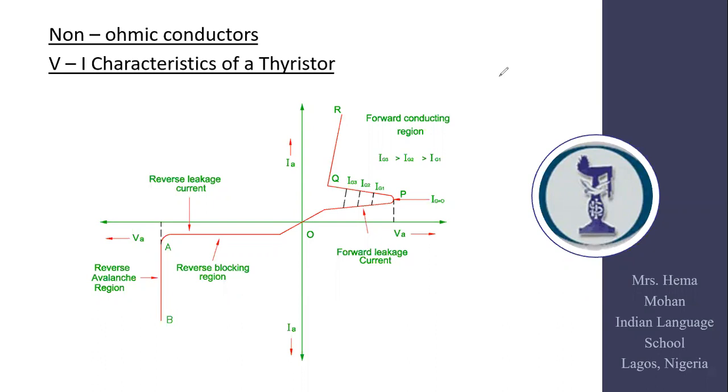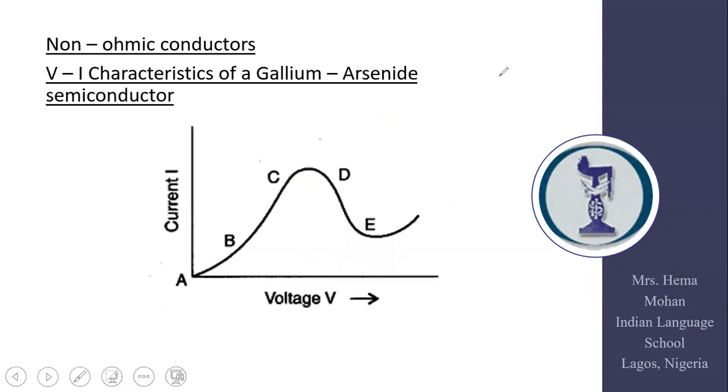So we have two or three discrepancies over here. Number one, different behavior in the positive and the negative polarities. Number two, for same values of potential difference, you have different values of current. And then as you decrease the potential, the current still increases. Do you get that, children? So another classic example of deviation from Ohm's law. Another example of a non-ohmic conductor, which is a thyristor, right? And then we move on to our final example